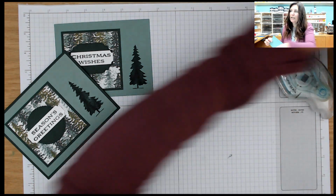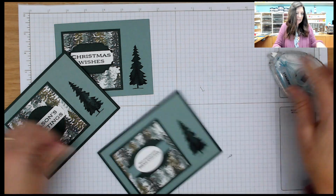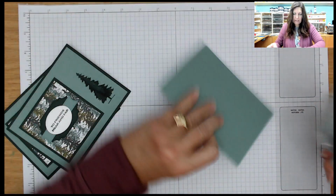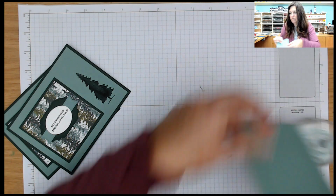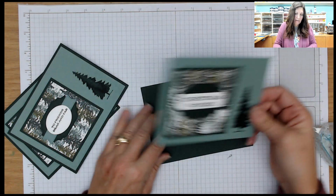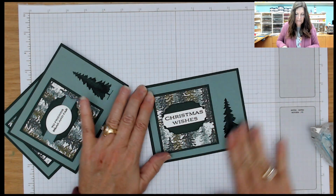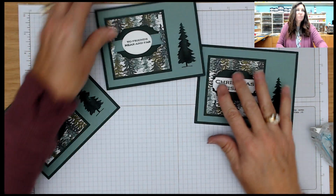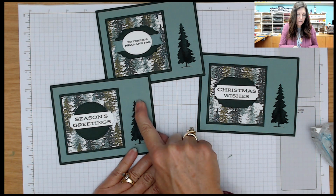You can see I forgot to show you the inside. I won't put the insides in all on camera because it's all going to be done the same, but I will show you what I did for the inside. Oh, I almost put the outside inside. All right, so if you wanted to bling these out, you could easily add some gold festive pearls